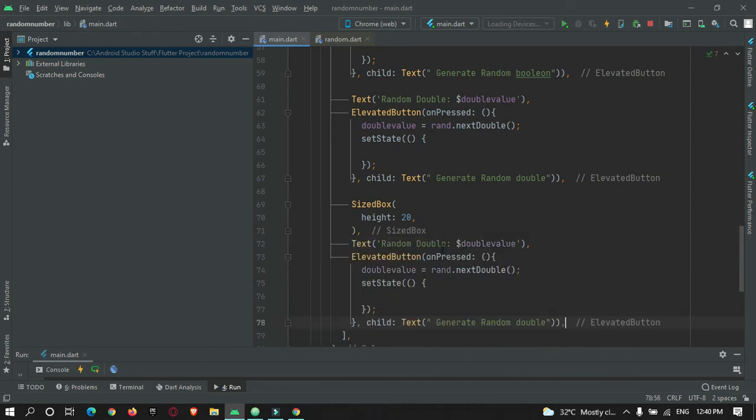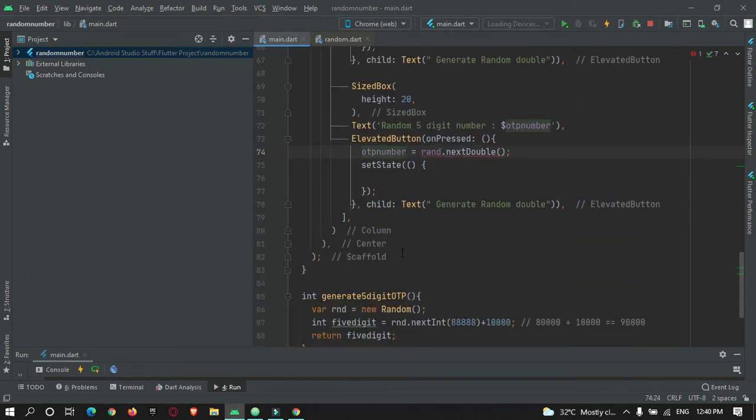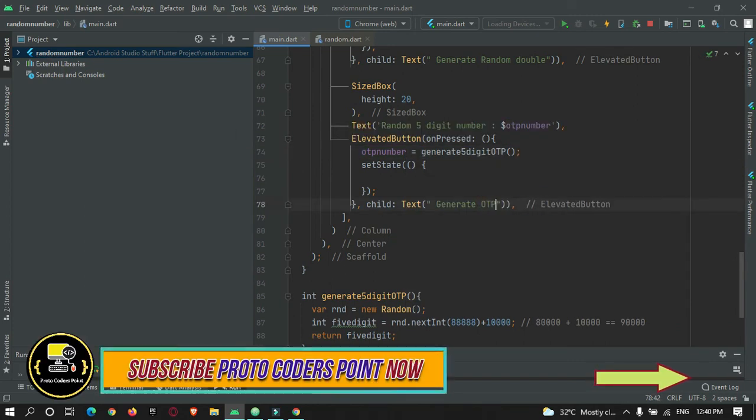I will paste it over here. Random 5 digits number. OTP number, and here OTP number is equal to, we will call this method generateOTP. I will just restart.